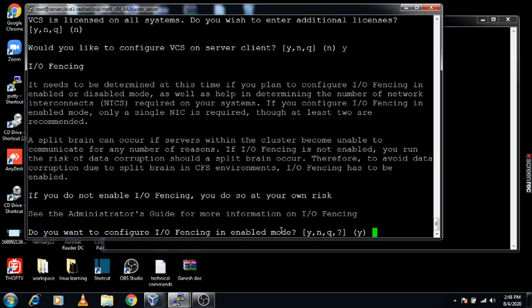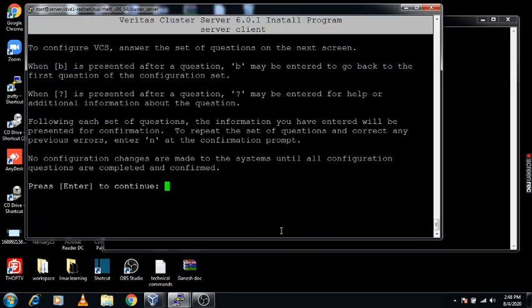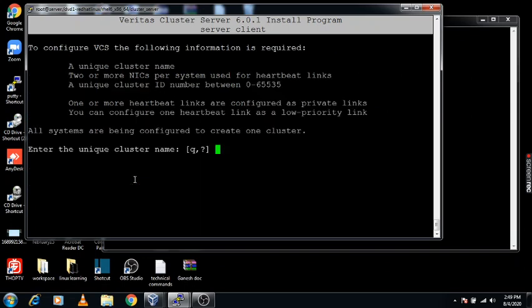IO fencing, we are not enabling right now. I am giving the unique cluster name. You can assign any cluster name. I am giving the cluster name as Apache.